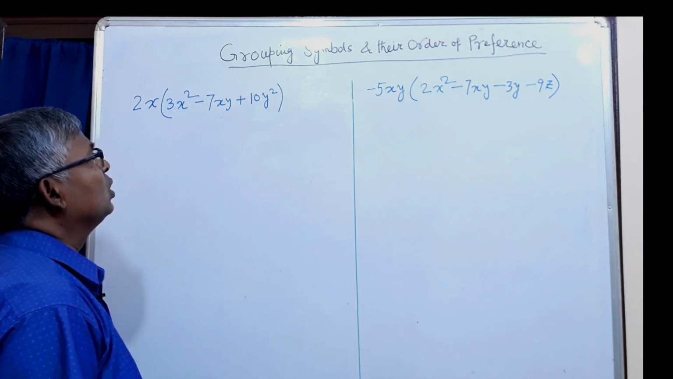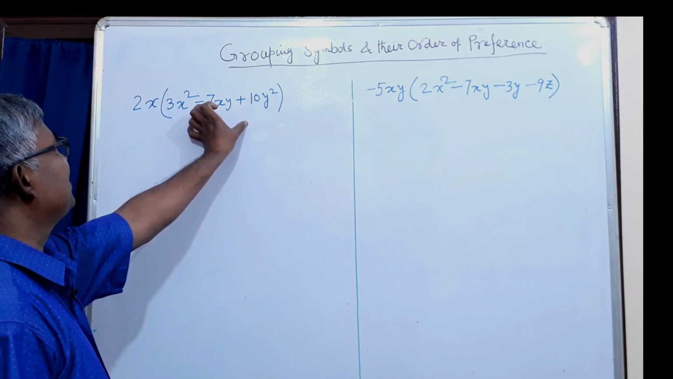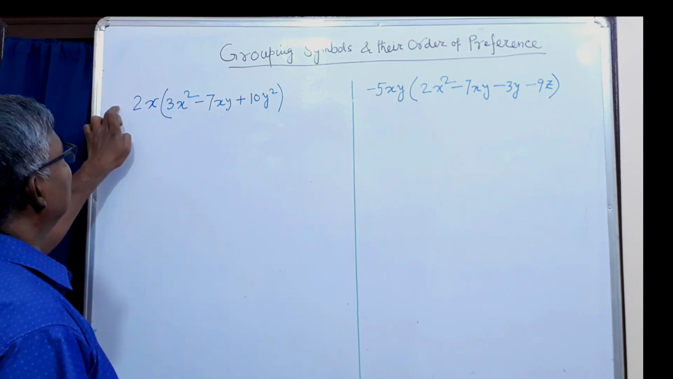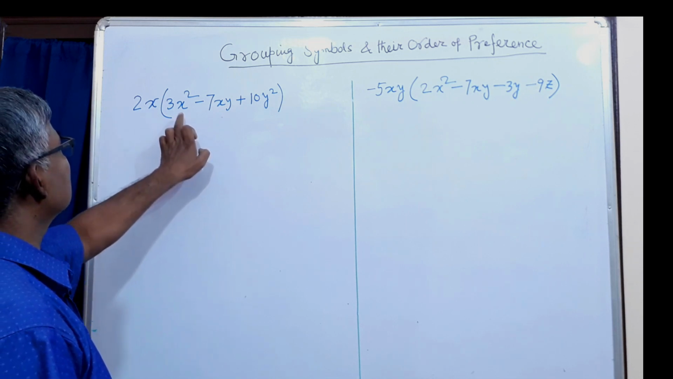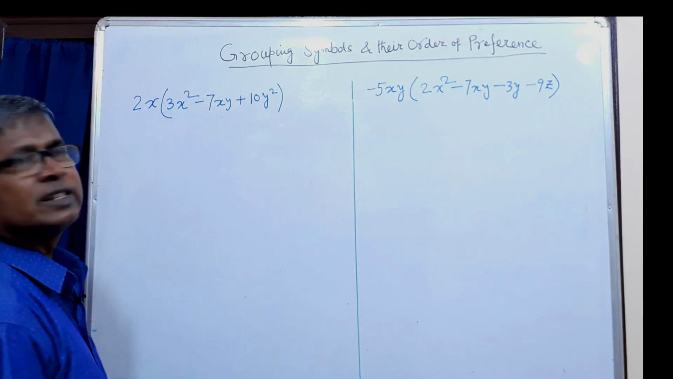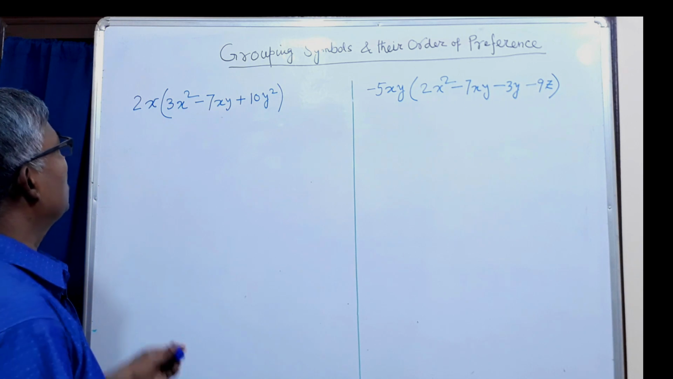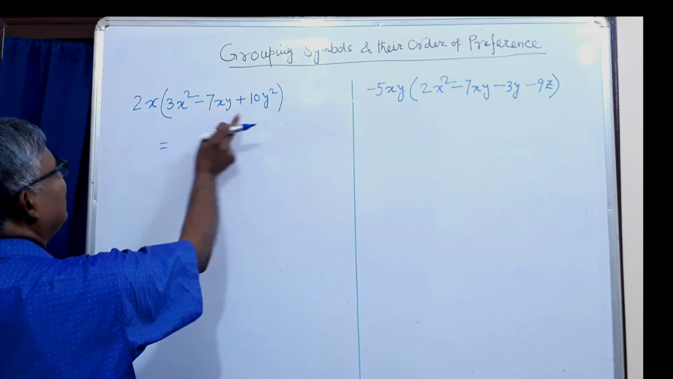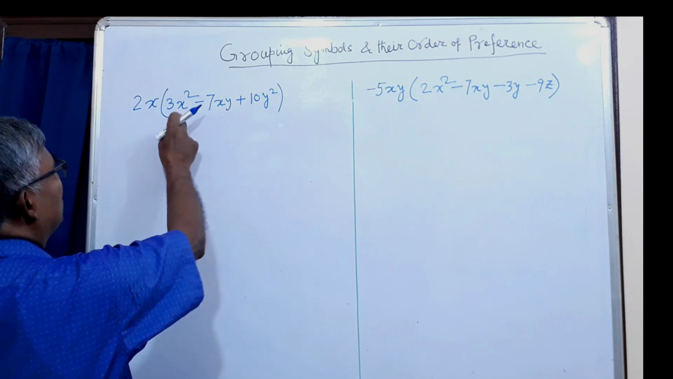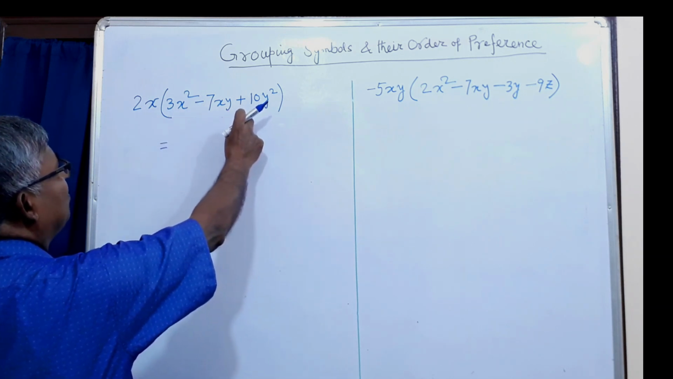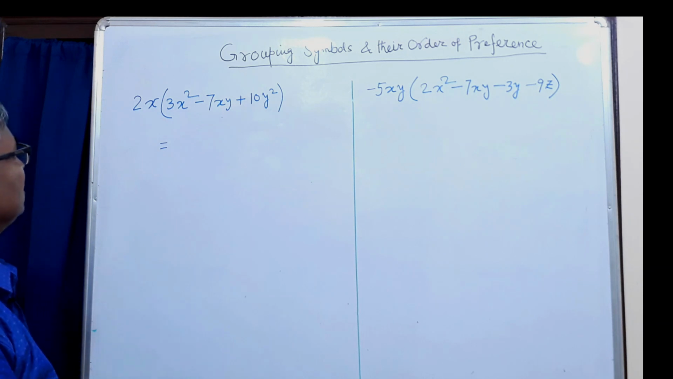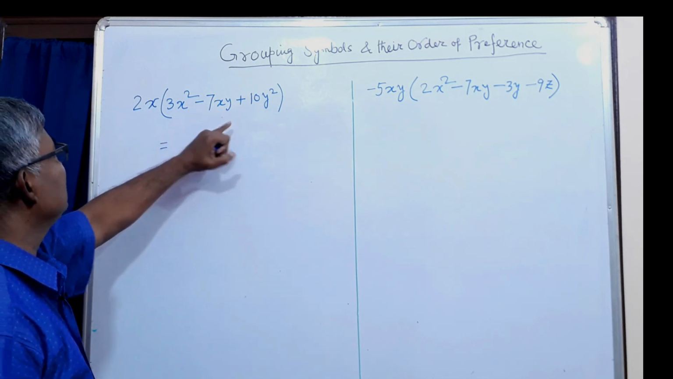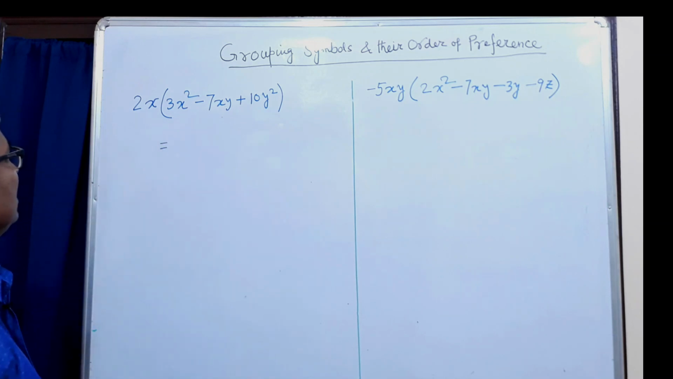teach you, when an algebraic expression is multiplied by a positive number, then the sign of each term will remain same. So here you can see what is the sign of each term. Here is positive, here is negative, and here is positive. So the sign of each term will remain same. Now let us